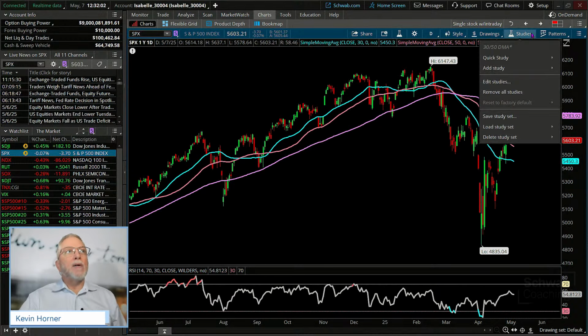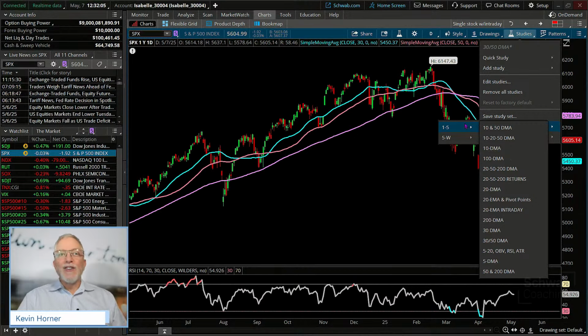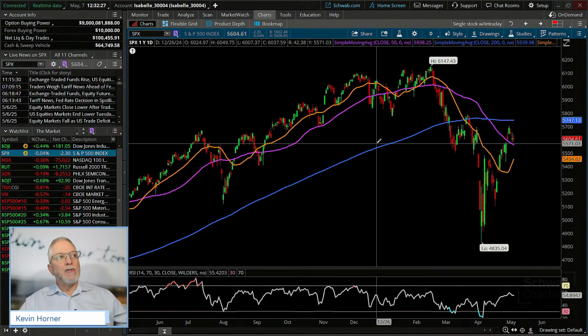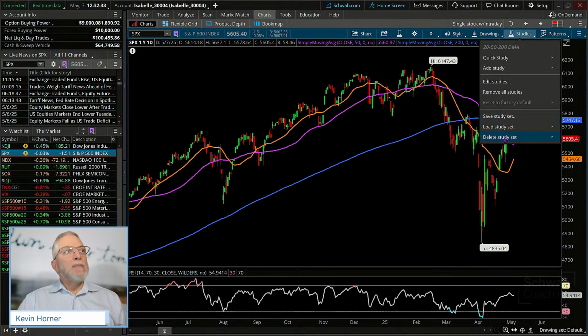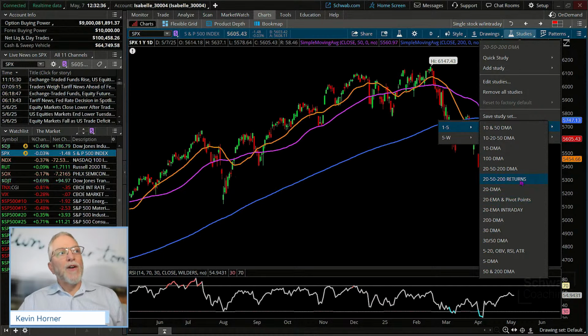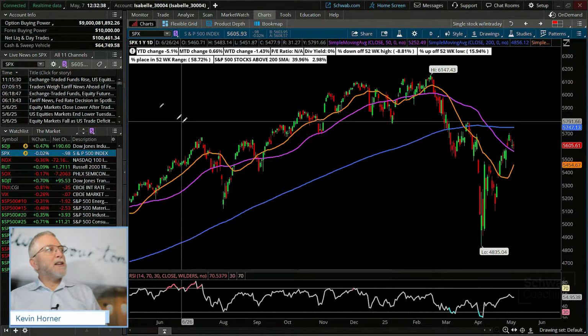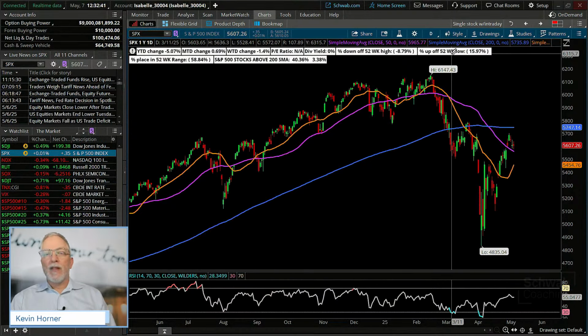So I hope that kind of opens your eyes a little bit to what can be done with study sets. And you can see the merit of why perhaps I have so many study sets, right? Because sometimes I want to see, what does that 10 and 50 look like? What about the 10, 50 and the 10, 20 and the 50? Maybe you're a shorter term trader in certain instances, not going to always rely on your 20, 50, and 200 day. Or you like the 20, 50, and 200 day, but occasionally you'd like to see the return detail there. And so maybe you work with one like I have, 20, 50, 200 returns, which is then going to give me the banner along the top in this case.